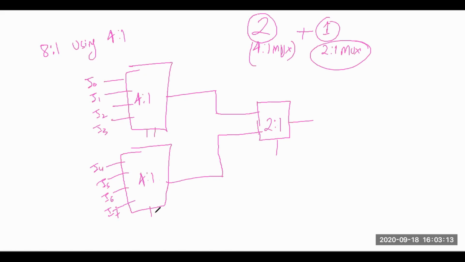For these, I have two select lines. So this one will be S1 and S0, similar to the previous case. Now this one will be my S2. And my enable at all the multiplexers will be 1 now. By default I can fix all the enables to 1 because all the multiplexers are activated now.